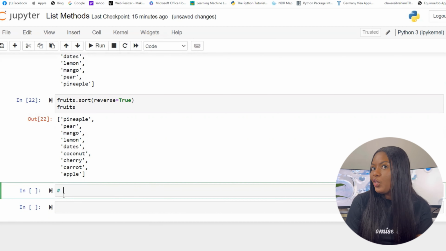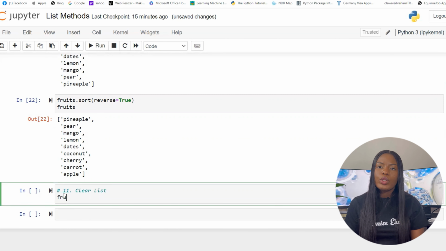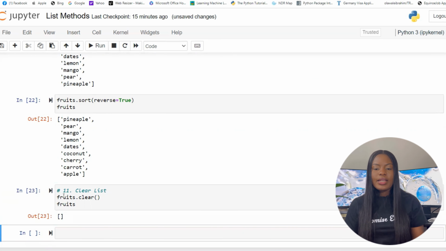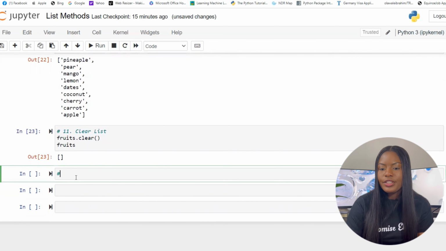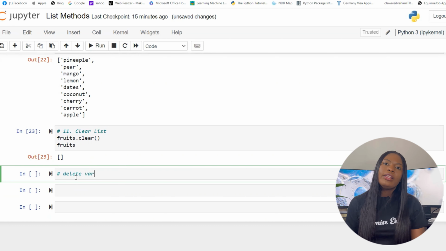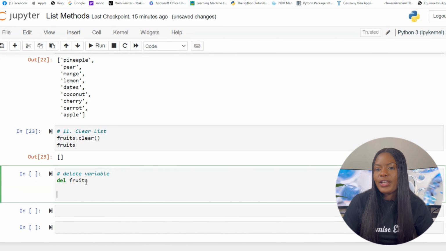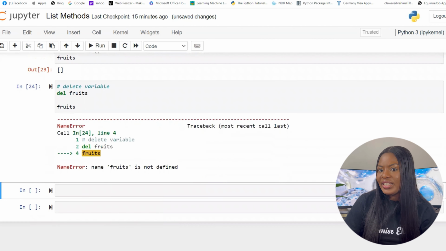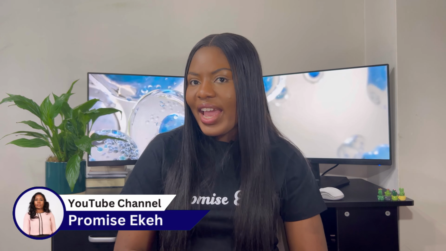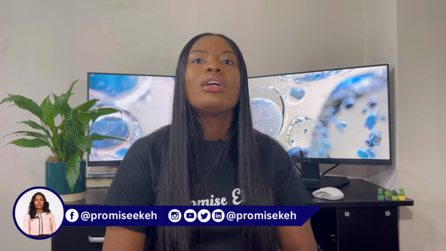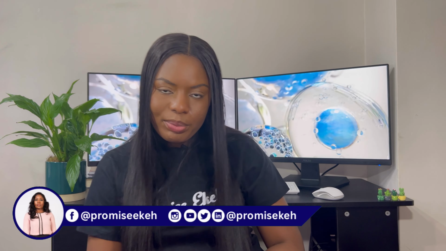To clear all the items in your list, you use the .clear function. So you say fruits.clear, it removes all. By the time I print fruits, it's an empty list. Then to delete the list entirely, just say del, then fruits, and it removes everything. When I call fruits, it says fruits is not defined because fruits has been deleted. This does not only work for lists, you can delete any item using del. Use del, call the variable name, and that variable has been